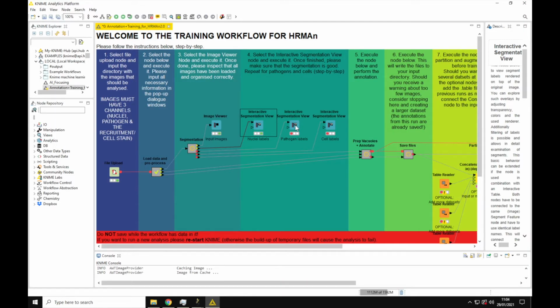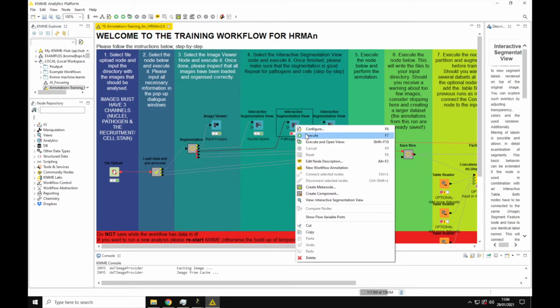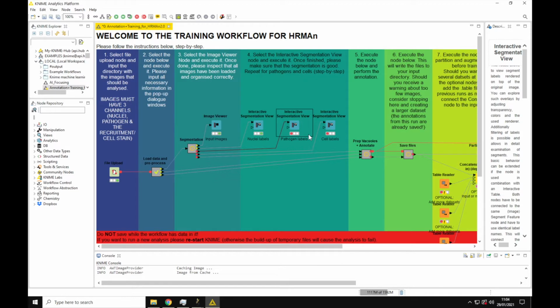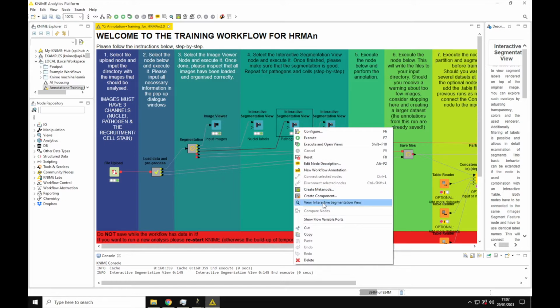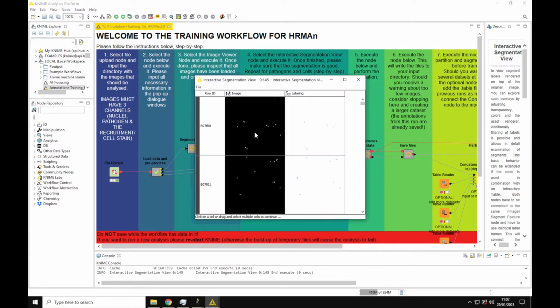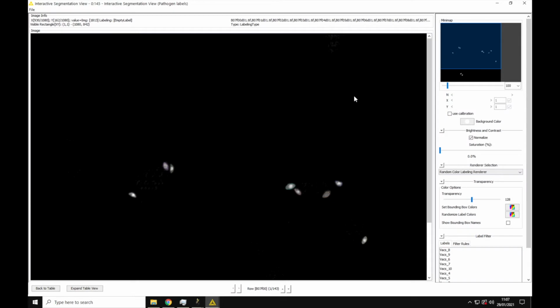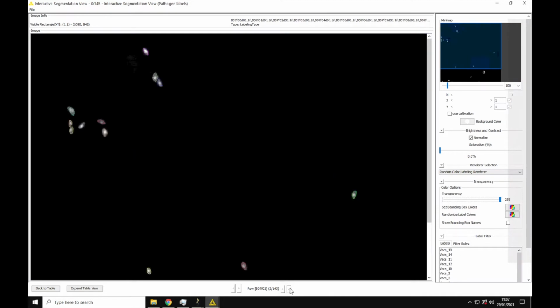We'll then continue the same thing again for the pathogens. Select the node and execute it and wait until it's done. Okay, now that this has finished, we'll take a look at the segmentation of the pathogens. Again, open the view and click into it, and we can see it's done reasonably well detecting all these pathogens